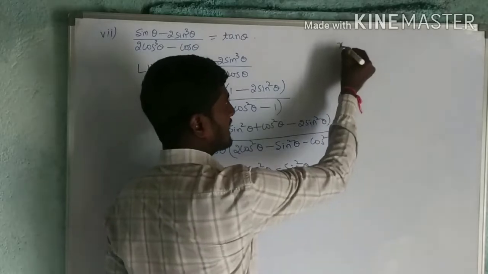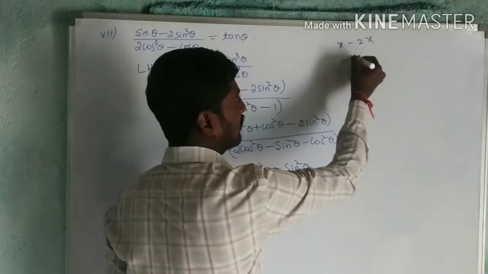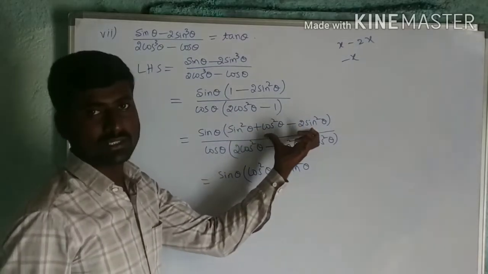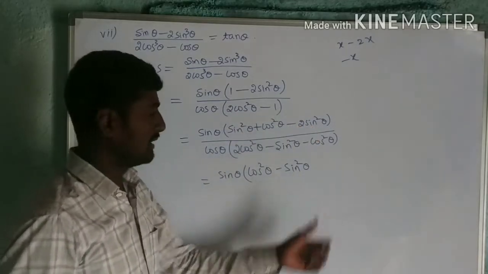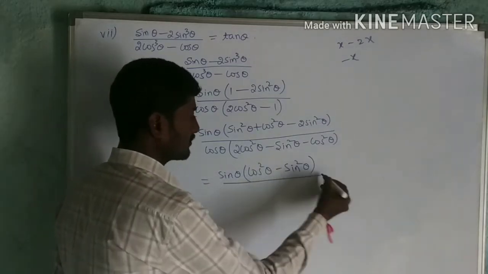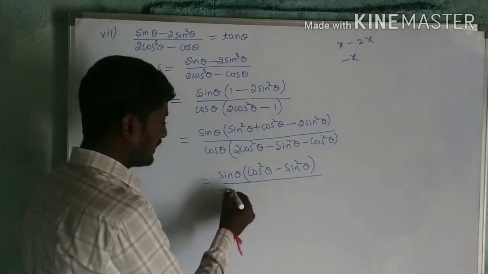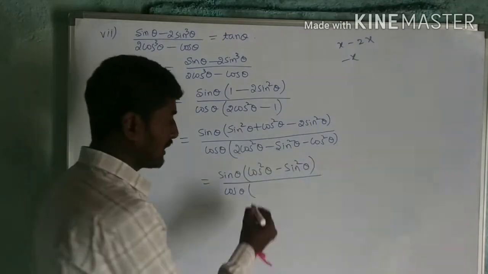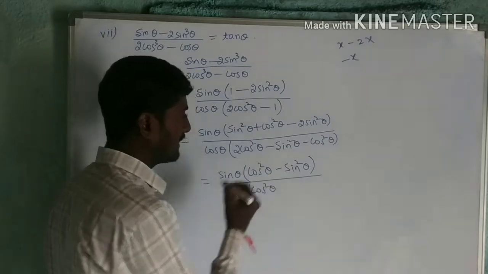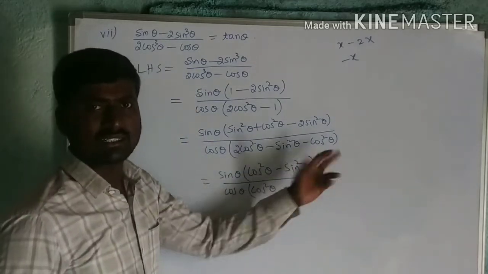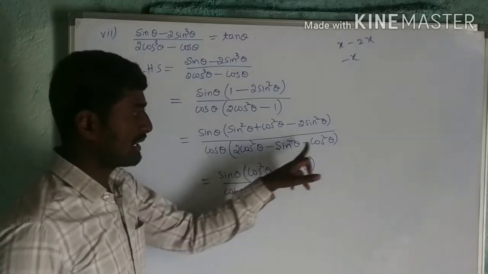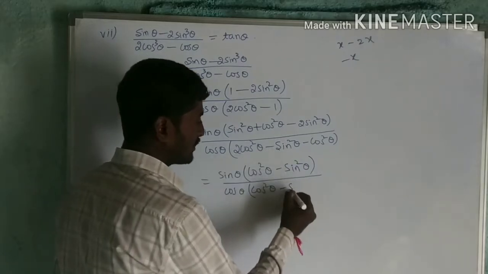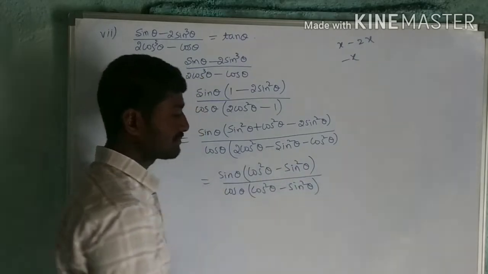that is in this way x minus 2x. X minus 2x is nothing but what? Minus x. In that way I can write x square minus 2x square, that will be minus x square, divided by, now here cos theta inside 2 cos square theta minus cos square theta, what will be there? Cos square theta, that is 2x square minus x square, that is x square only. So 2 cos square theta minus cos square theta, that is cos square theta minus. So this is what? Sin square theta.